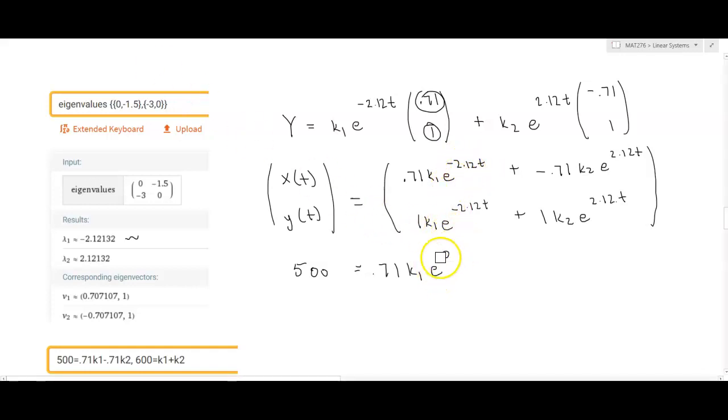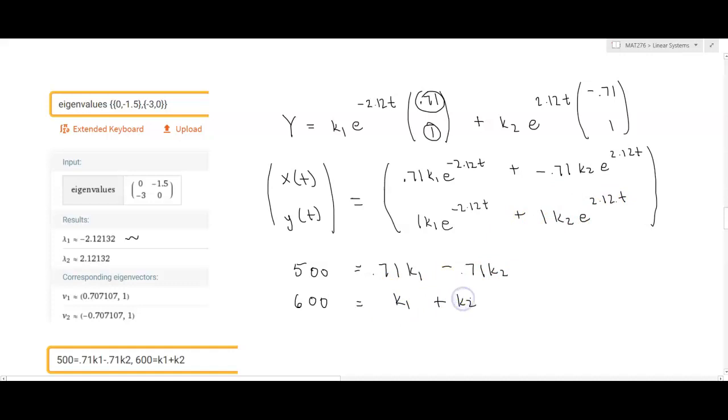That's the cool part about solving these: e to the 0 is 1, so in each of these terms we're just left with the k coefficients. So minus 0.71 k2. Again, all I've done is plug in 0 for t up here, and the second equation will be 600 equals k1 e to the 0, which is k1, plus k2 e to the 0, which is